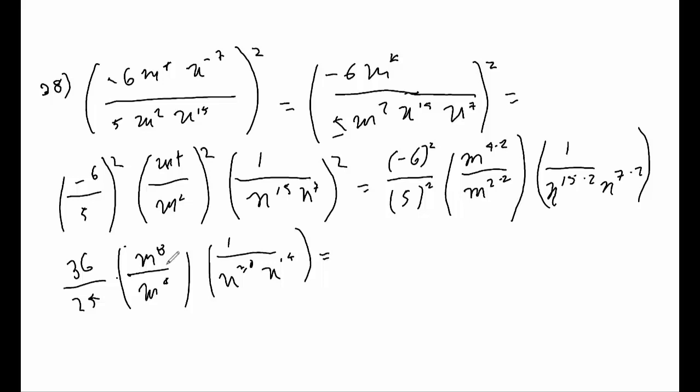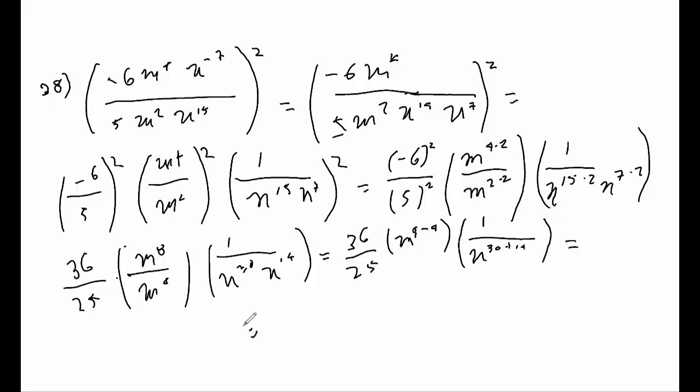So here I have 36 divided by 25, and then I use my quotient rule, 8 minus 4, and then here I'll just keep the 1 on top, and I'll just use my product rule here, n to the 30 plus 14, and continue on. 36 over 25, so m to the 8 minus 4, so that's going to be m to the 4, and then on the bottom times 1 over n to the 44,